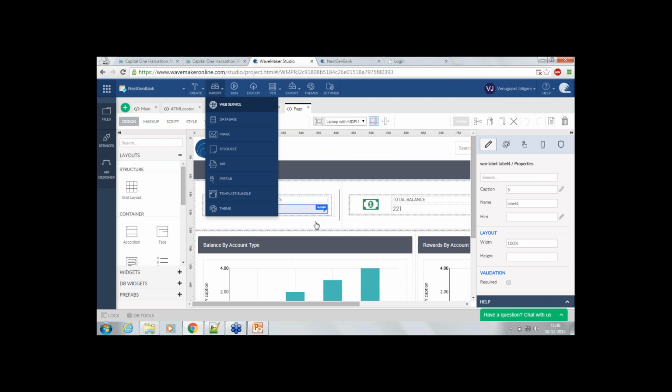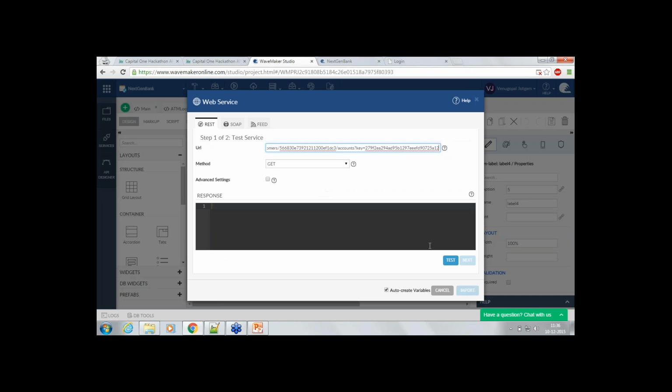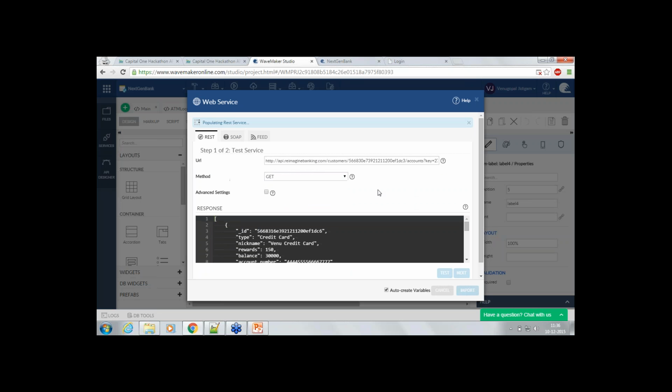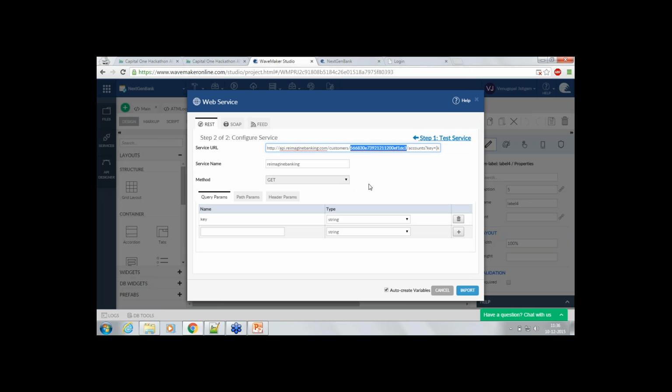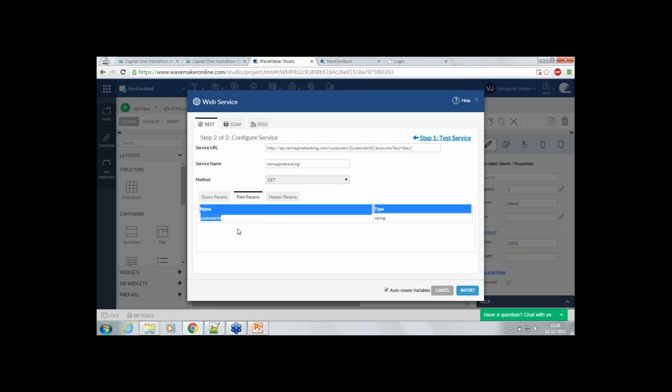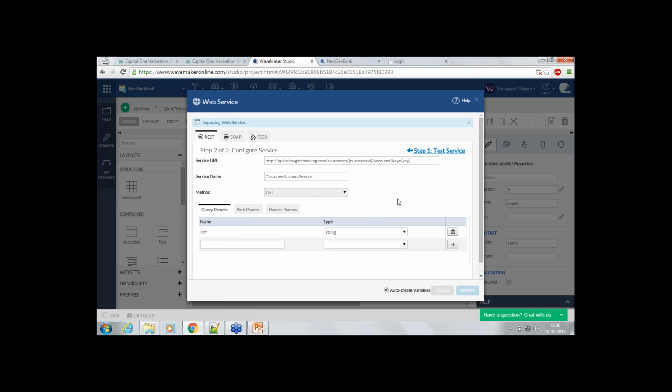Now let's go back to the web service and use this. So it's got the data. Then I go to the next thing. Here this is the ID that I am passing, and we need to pass it from the currently logged in user. So I'll say that this is a path parameter, and I'll call it customerID. Once you call it customerID, it comes in the path. Now I'll call this customer account service. Okay, so once I import this,